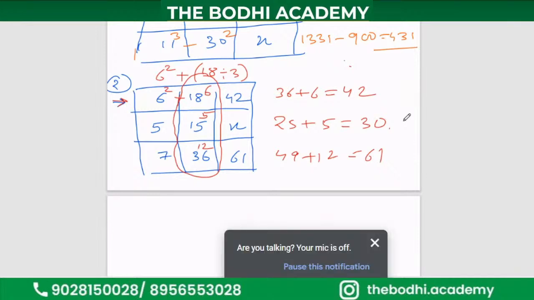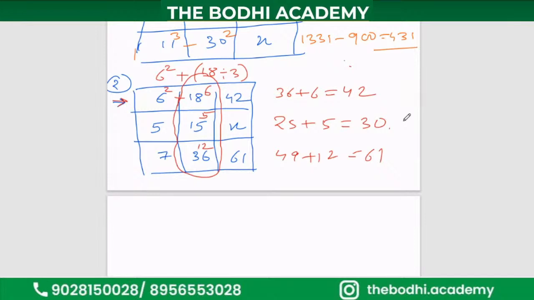Now you will say that in the first question there was one logic, in the second question a separate logic. Yes, the missing numbers chapter is like that. Every question will follow some different logic. And how will you get to know about the logics? Once you solve many questions, like 100, 200, 300 questions on missing numbers, only then will you get the vision to solve the questions. 2-3 questions come in your GPSC for sure,